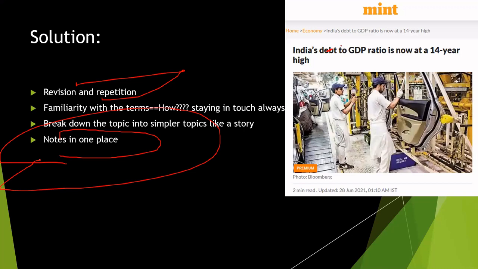What do I mean by breaking down the topic into simpler topics like a story? Okay, I'll give you an example. See, it's easier to say things, right? It's easier said than done, but I'll help you in doing things as well. Do not worry at all. So for example,